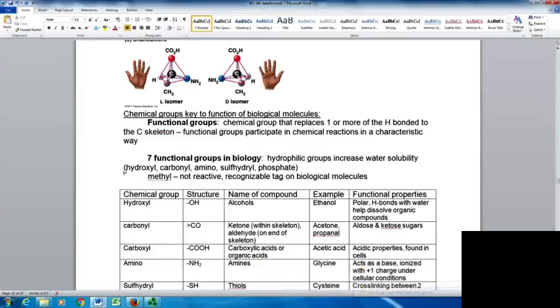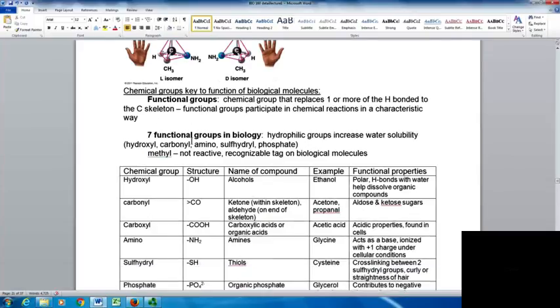So then we have these chemical groups that are going to be helpful in understanding the function of biological molecules. We call them the functional groups. They're a chemical group that will replace one or more of the hydrogens bonded to the carbon skeleton. The functional groups can participate in chemical reactions in a characteristic way. These are 7 functional groups we use in biology. There are certainly more than this in chemistry, but what we're concerned about are these ones that are seen in